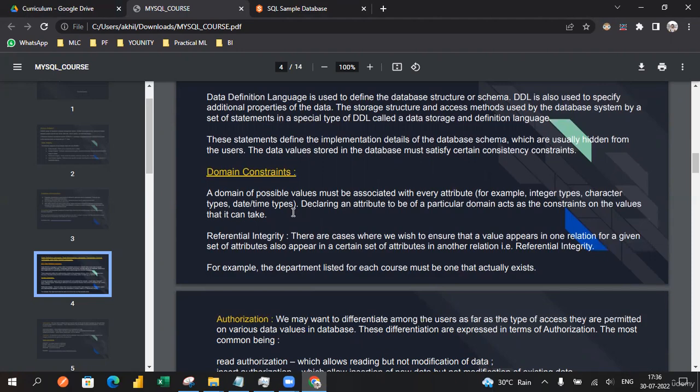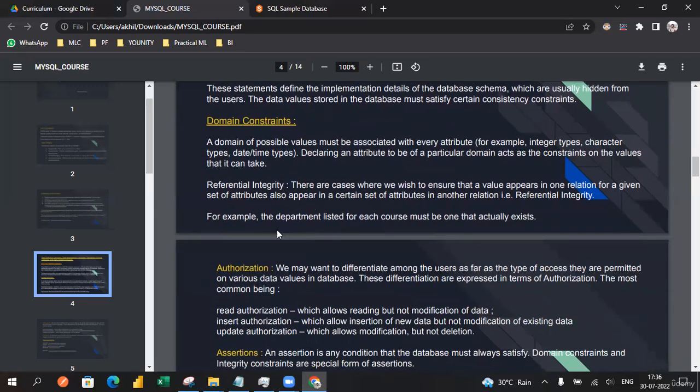And also date-time features, if you have any in the database, you have to typecast them as date-time only, so that it works with the date-time features in tabular datasets. And declaring any attribute depends on the domain knowledge we require to construct the values. Then referential integrity. We have seen some of the DDL-related concepts and referential integrity concepts